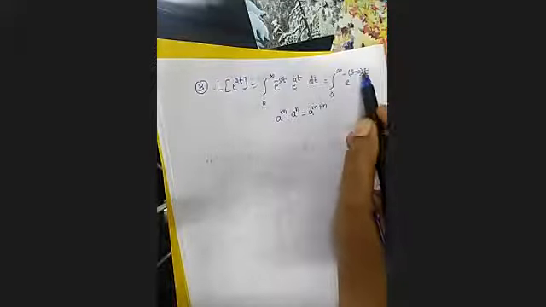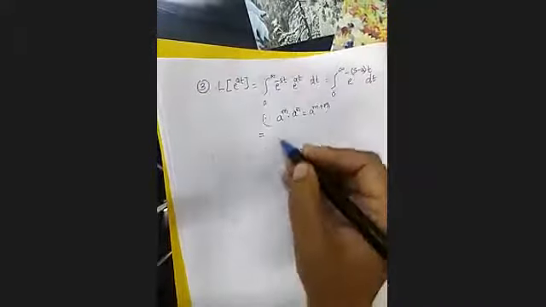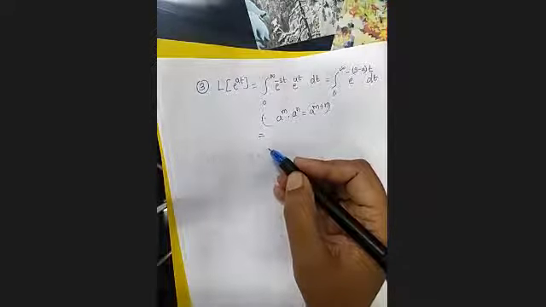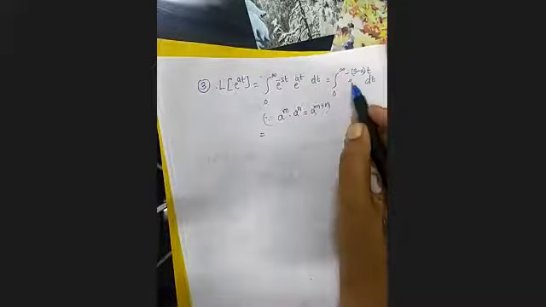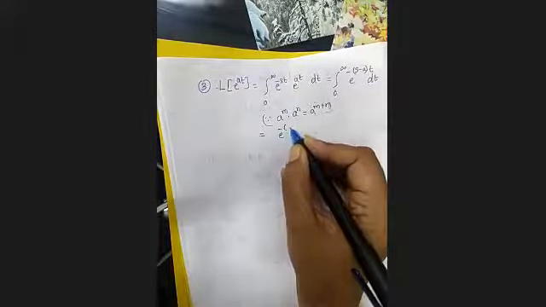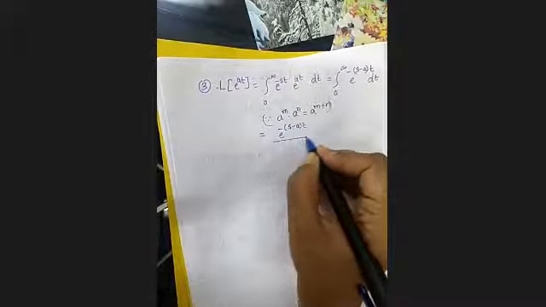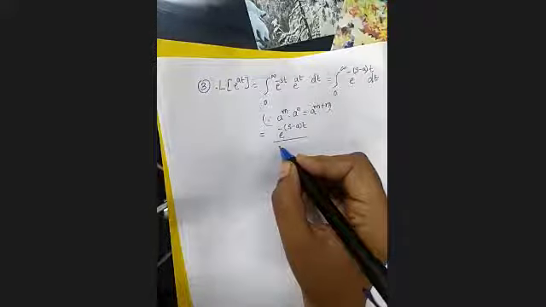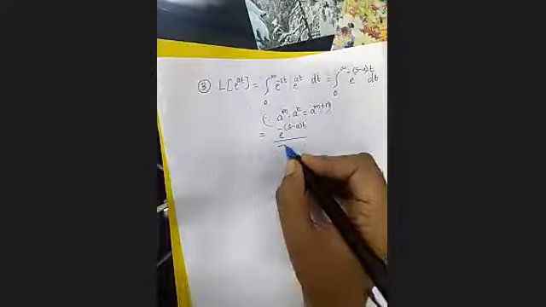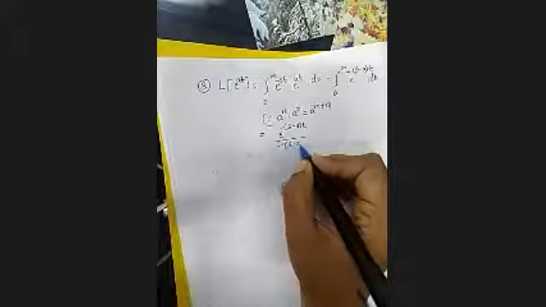Now, what do we have to apply here? How can we integrate it? Isn't it direct? The e raised to ax format. So e raised to minus of s minus a into t, divided by minus of s minus a. How will you get the whole square? In the first case, you did not say whole square, so how will whole square come here?